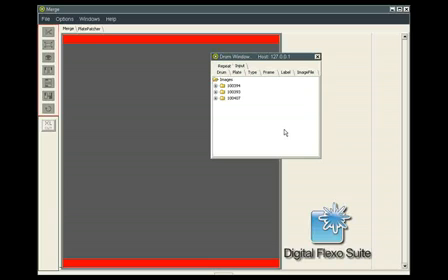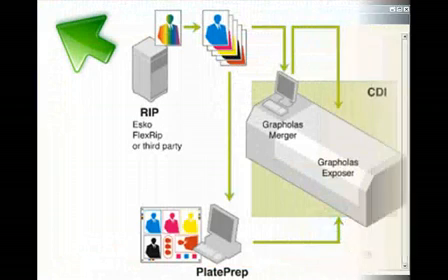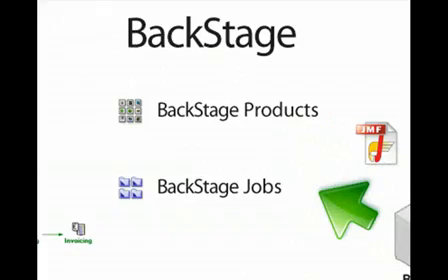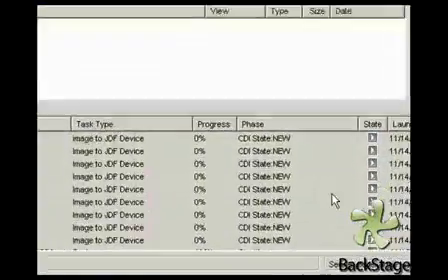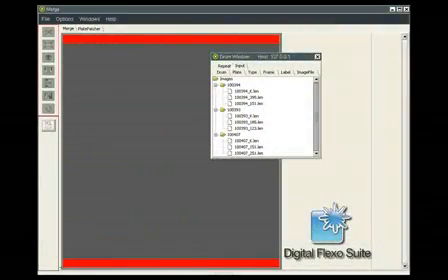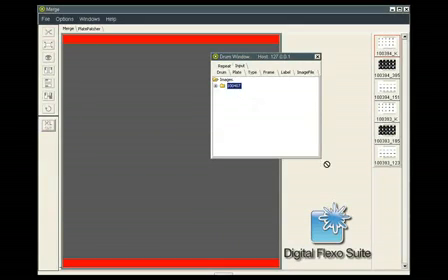The 3, as you can see in the Digital Flexo suite, which is the software front end of the CDI, Backstage or the Nexus or Flexus rep have actually forwarded these separation sets to the Digital Flexo suite, and they have arrived in that front end of the CDI. This status actually is now also communicated back to Backstage. That's because both the CDI and Backstage can speak JDF, so they chat JDF to each other. The status in Backstage was new, and if we now start to really use these separations in the merger of the Digital Flexo suite,